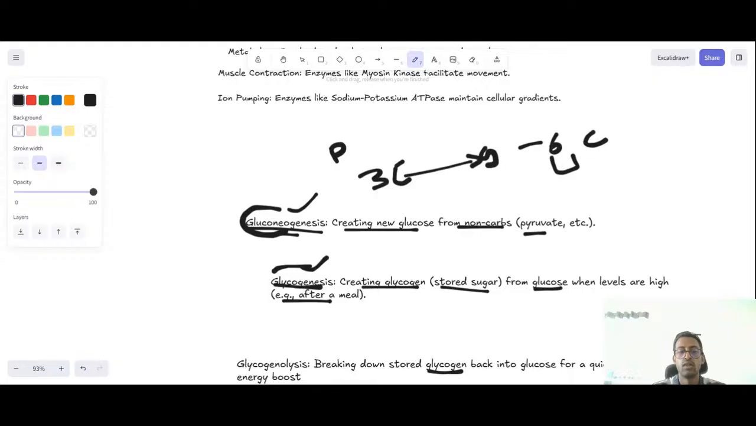So, let us put this way. So, gluconeogenesis